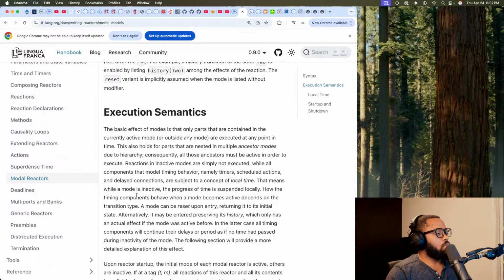That means while a mode is inactive, the progress of time is suspended locally. Okay, so yeah, in that specific mode.